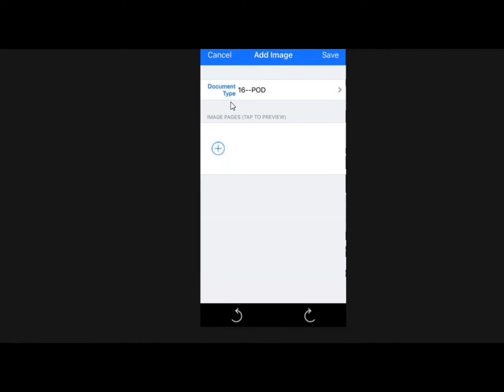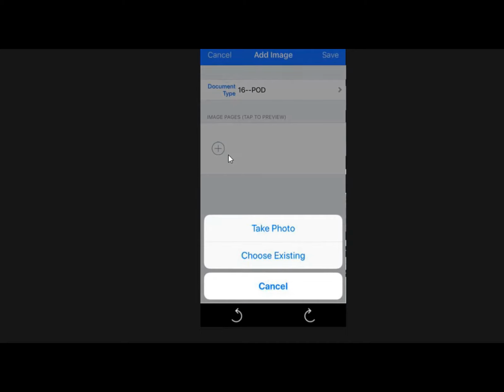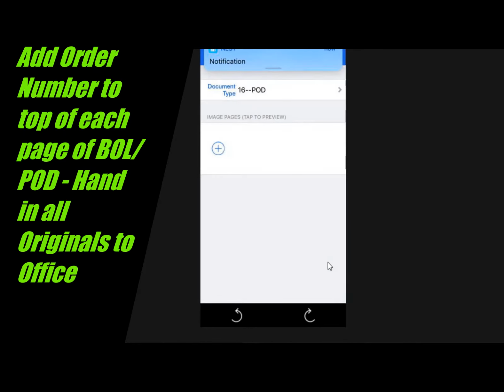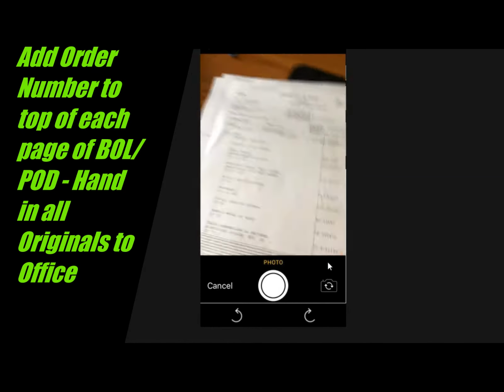But getting on to this particular thing, what we're going to do is hit the little plus sign here to add an image. And then it's going to ask you if you want to take a photo or choose from an existing photo that's in your photos that you keep. Now, 99 times out of 100, you're not going to be choosing from existing photos, because I don't know how many people really want to hold on to copies of proof of deliveries and bills of lading in their photo book. So basically, you'll hit take photo, and from there, what you do is